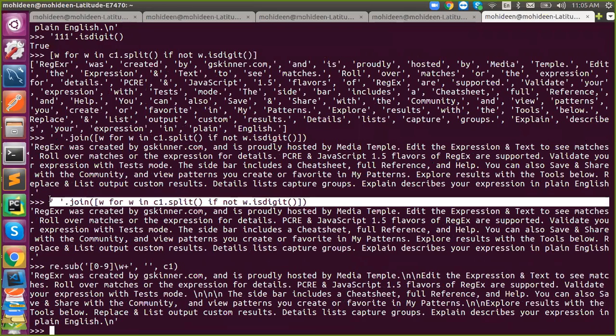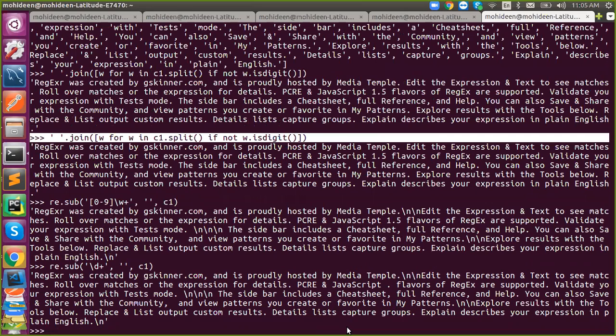But sir, there is the number 1.5 in the second line. Yes, it is a decimal, right? I am matching 0 to 9 alone, so not a decimal. For decimals we have another option, slash d. You can go with it. See, understand?